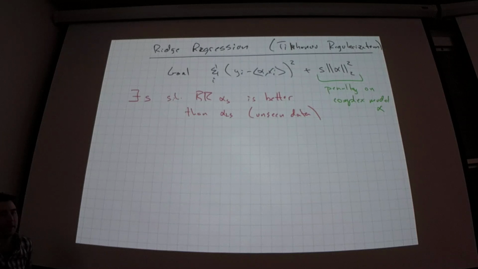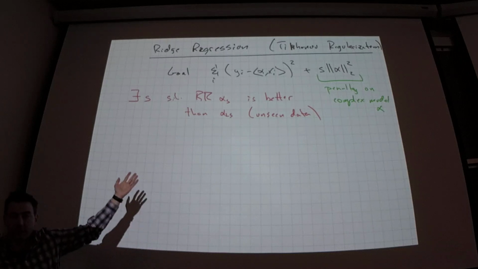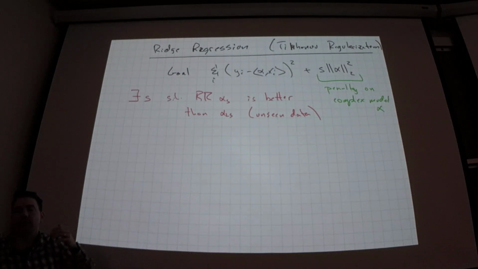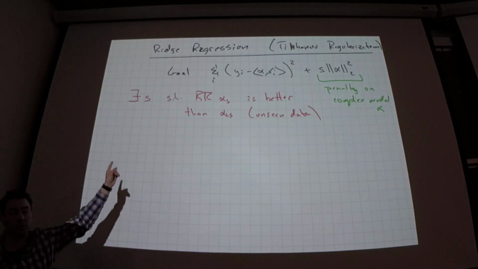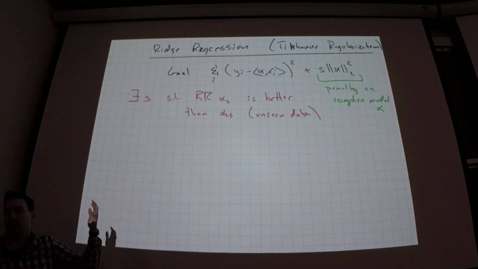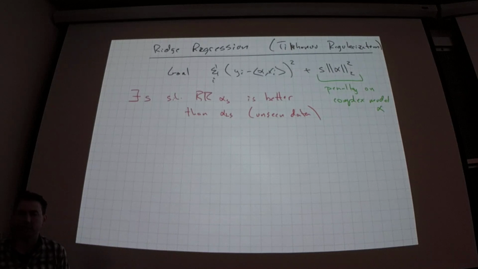So it's different than the learning rate. I haven't told you how to solve this. The learning rate goes into a gradient descent algorithm, which you can write for this, but that's a different hyperparameter. And you don't need to use gradient descent to solve it, so then you don't have to set a learning rate. In fact, this brings me to alpha S, which has a closed form solution, which is